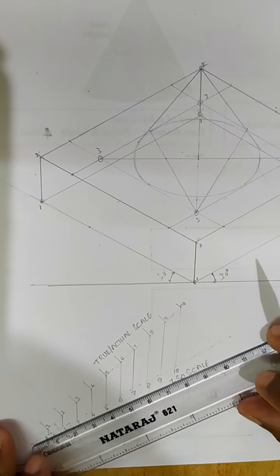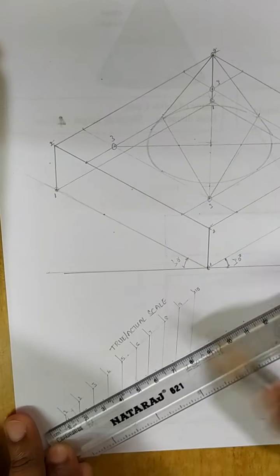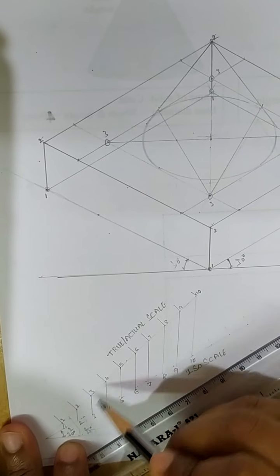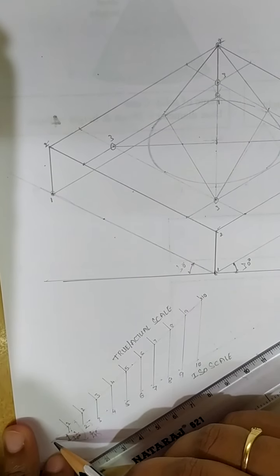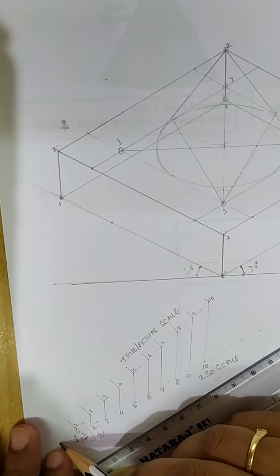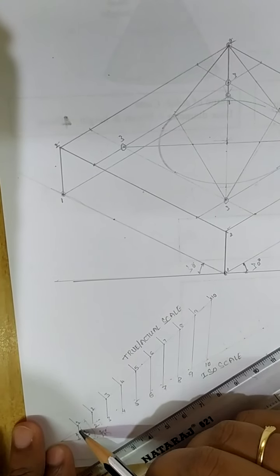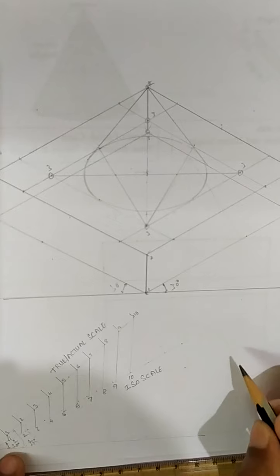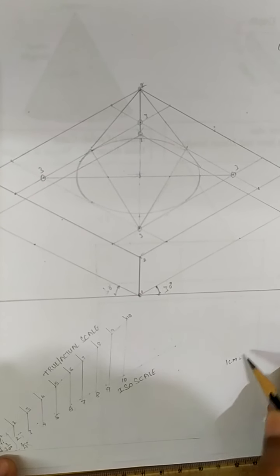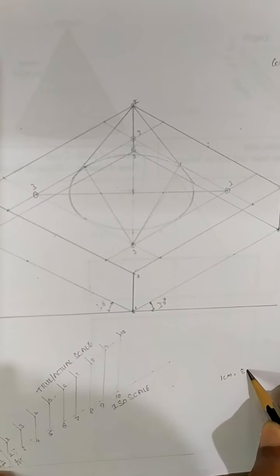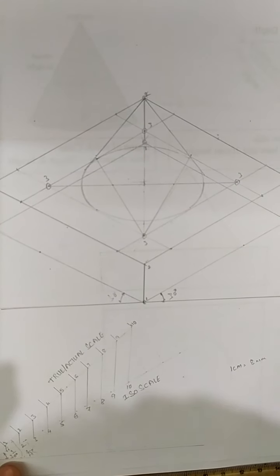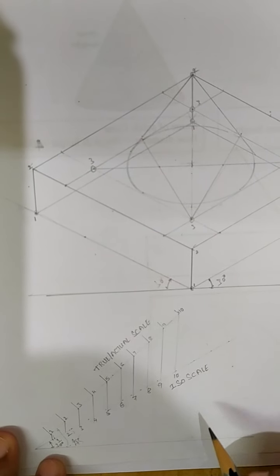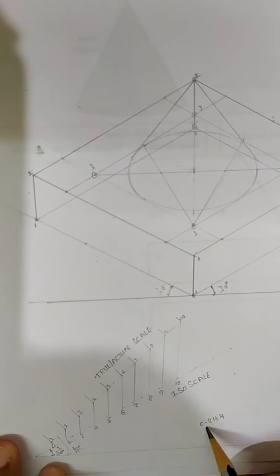With respect to this 30 degree line, I'll take one 30 degree line. I have taken it. Now I have dropped these corners, 1, 2, 3, 4, exactly downwards. If I measure the distance on this 45 degree line, from the starting point to 1, and the distance with respect to this point, we will get the iso line. A 1 centimeter line looks like an 8 mm line, so approximately 8.2 we will get. Okay, so this is the conversion factor from actual scale to iso scale. We have the conversion factor as 0.8164.